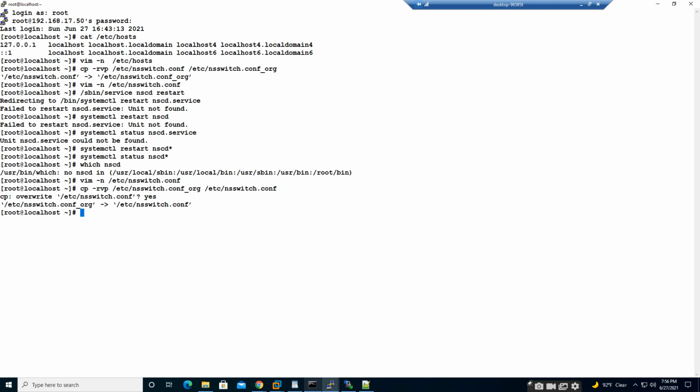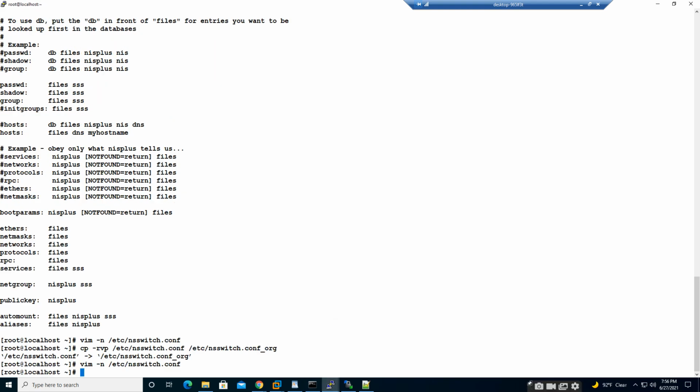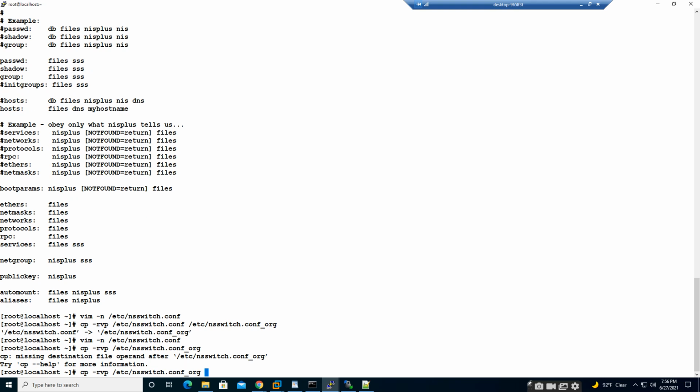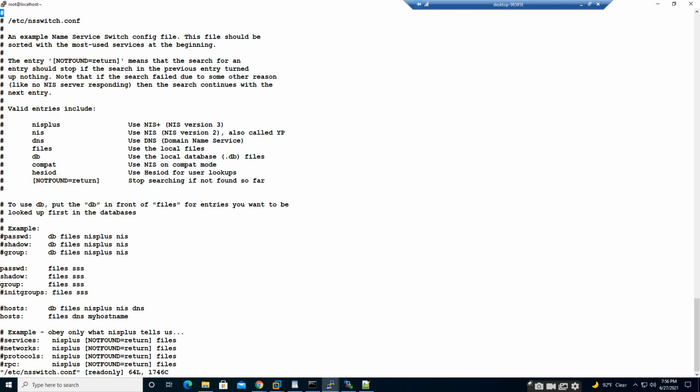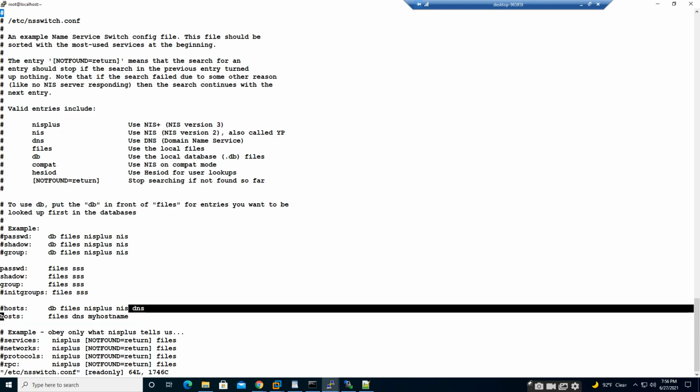Same for that machine. That is the advantage of taking a backup. Now if you view this file, the records are reverted again. I think the daemon is something different.